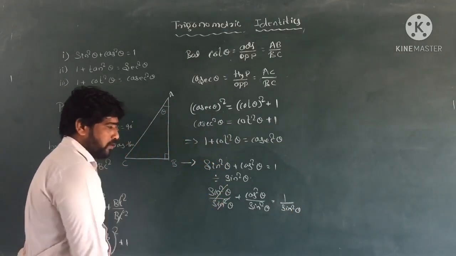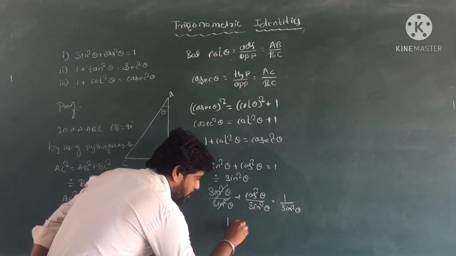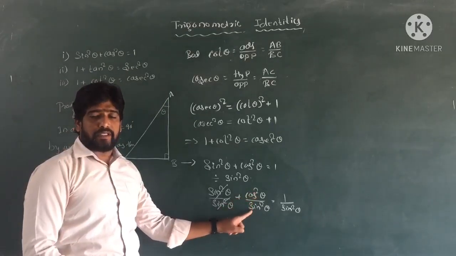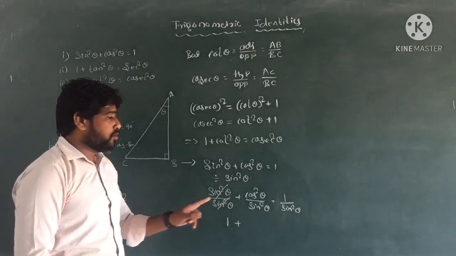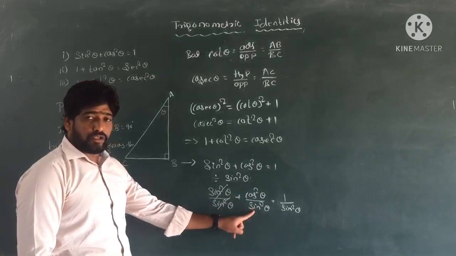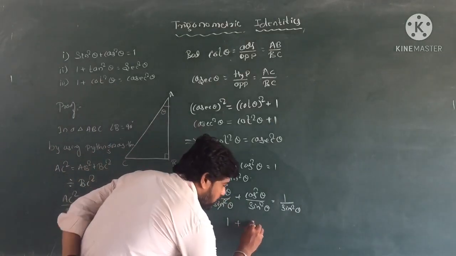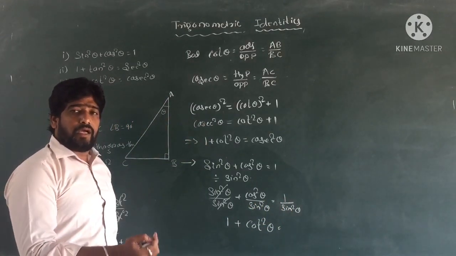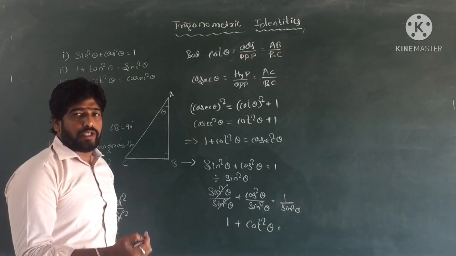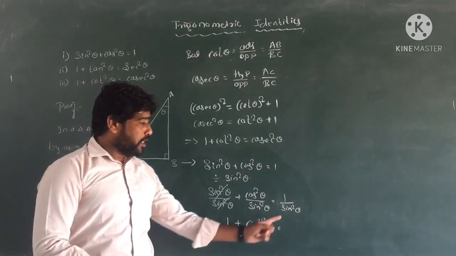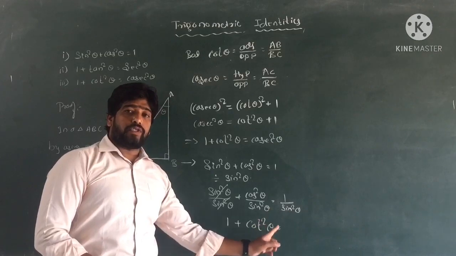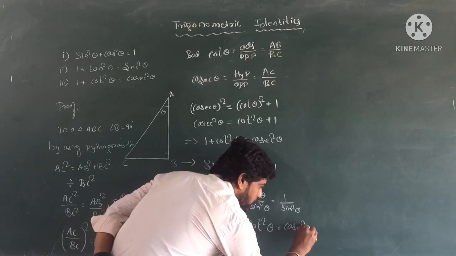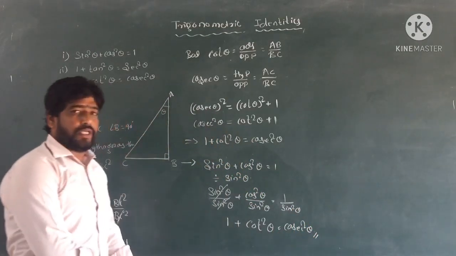So here sin square gets cancelled. So we can write here 1 plus. We know that cos theta divided by sin theta is cot theta, right? So here cos square divided by sin square, so cot square theta. So here cot square theta is equal to 1 by sin. 1 divided by sin is cosec. Cosec theta is equal to 1 by sin theta. So here 1 by sin square theta. So cosec square theta is equal to 1 by sin square theta. So we can write here cosec square theta. So is it clear?